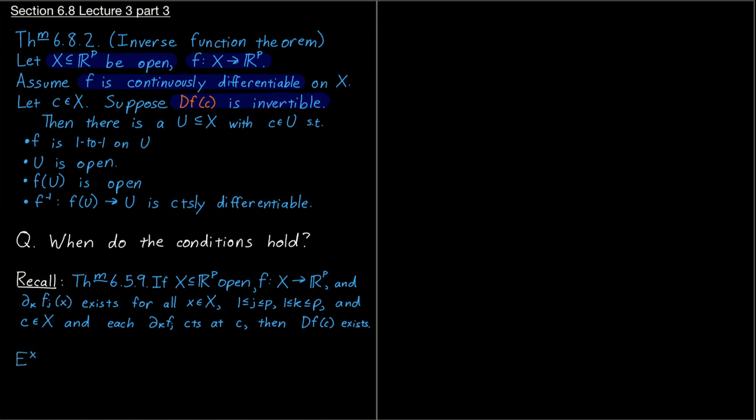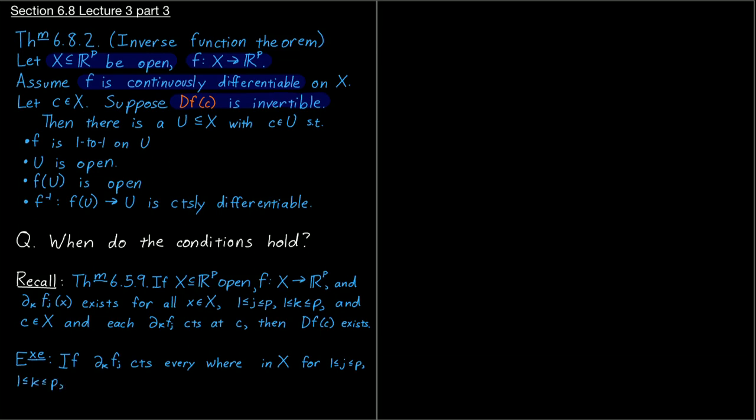So here is an exercise, which may show up on your homework or your third exam. If partial k f_j is continuous everywhere in X, for that whole range of j's and k's,